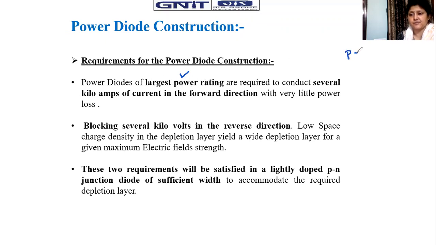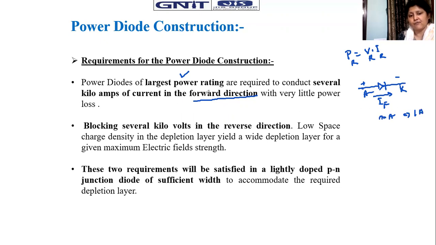And we know that P equals V into I. So if the power rating should be high, obviously either the voltage rating, the current rating, or both may be high. Now, for a high power rating, consider the forward directional current, that is, when the diode is in forward bias condition, the anode is getting the positive voltage and the cathode is getting the negative voltage. Then the forward bias current is IA. What is the rating in the case of a normal diode? That is quite in the milliamps range. The highest possible may be 1 amp.